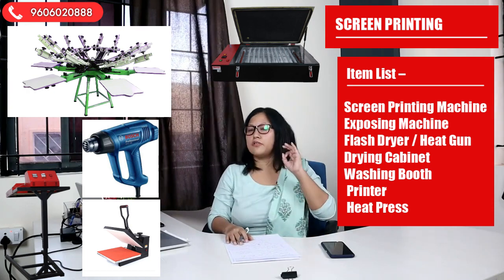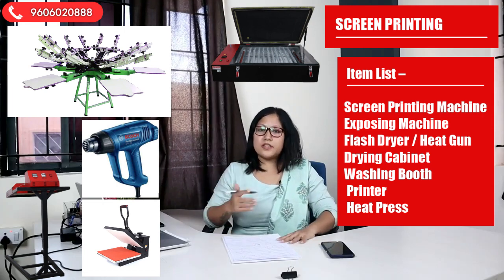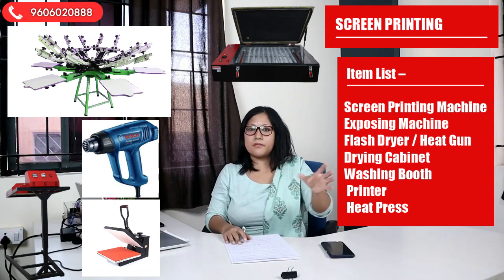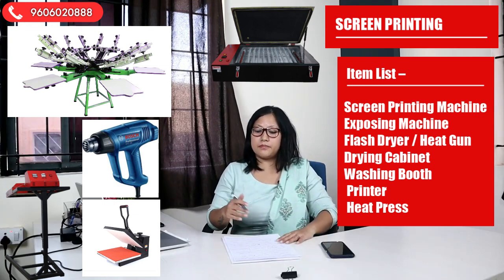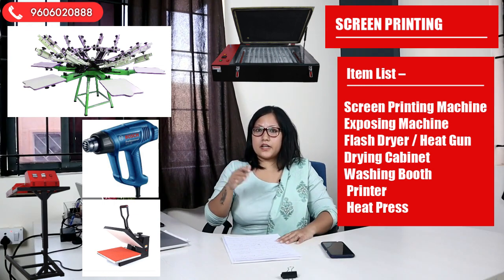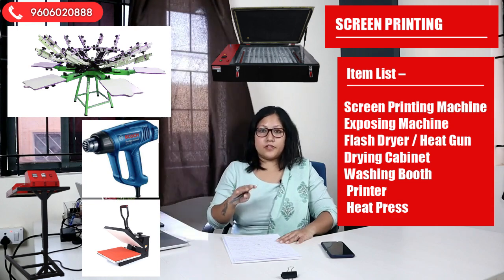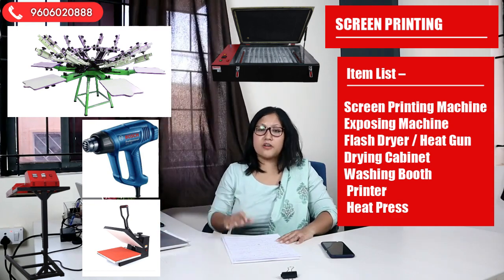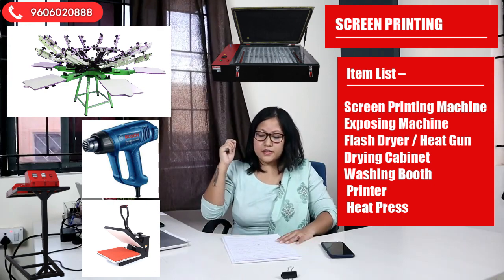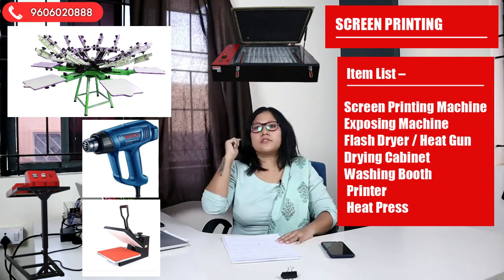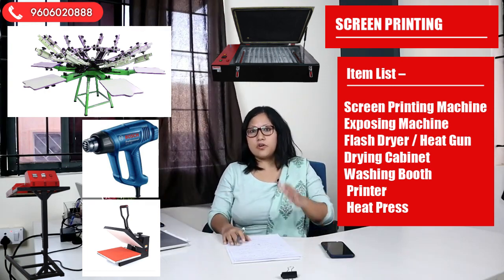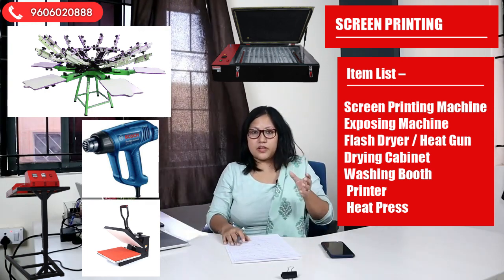Then you should not have to look back. You finish the pre-production within 15 or 20 minutes if you go with a proper machine, hardly 15 or 20 minutes. Then no need to look back. Whether it is 100 pieces, 1,000 pieces or 10,000 pieces, you can do it very easily. You just need to change your mesh if anything happens in between.